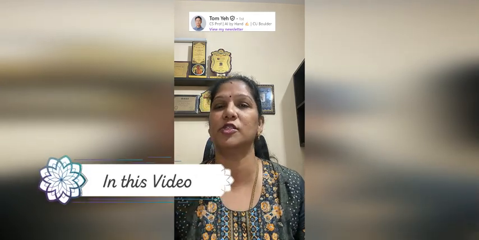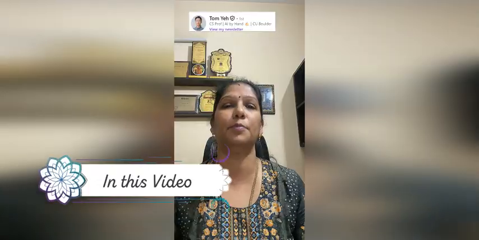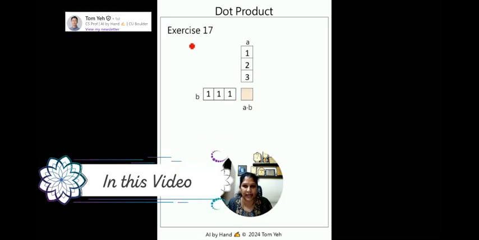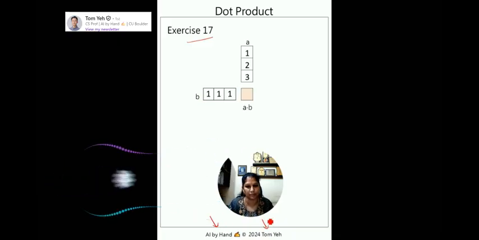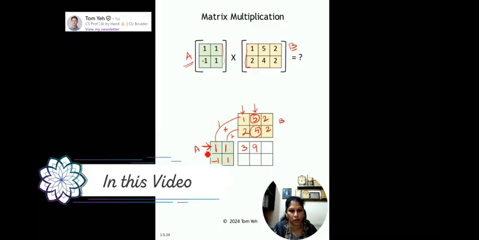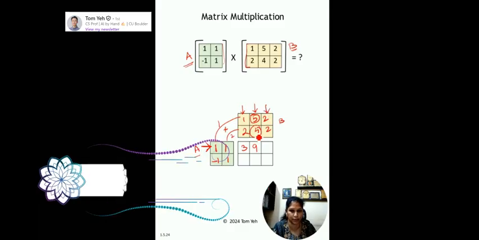Along the way, we will also explore worked examples from AI by Hand by Professor Tom. And here is exercise 17 taken from the book AI by Hand by Professor Tom. Now again, moving on, the first row from the vector A and the third column from the vector B. I'm really grateful to Professor Tom for permitting the use of his content in this session.